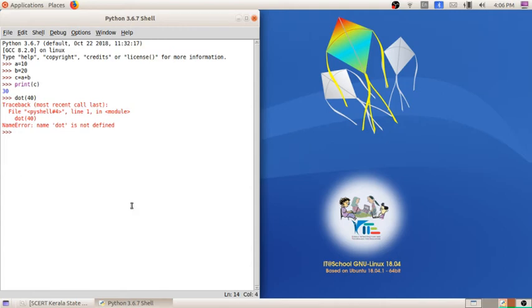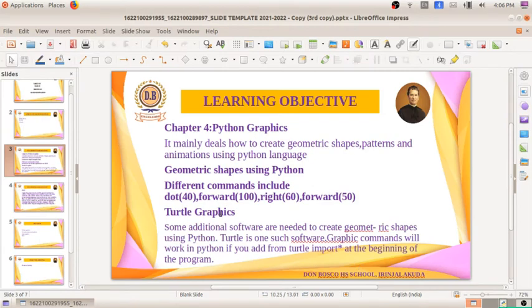Some software is there which helps us to define such commands, and it is known as Turtle graphics. Some additional software is needed to create geometrical shapes using Python, and Turtle is one such library.